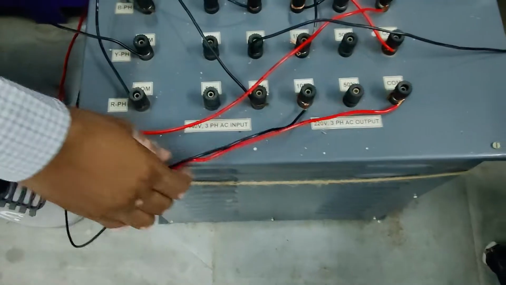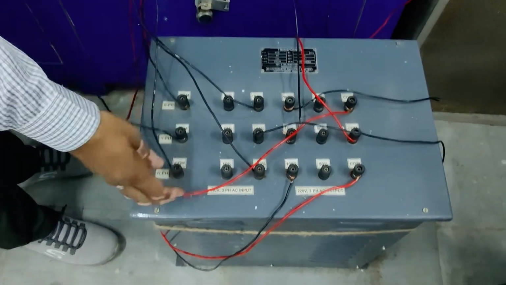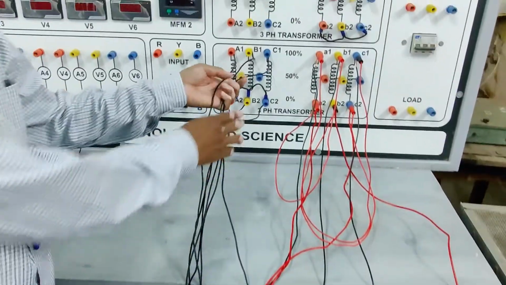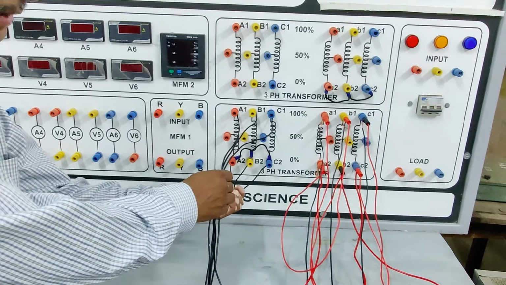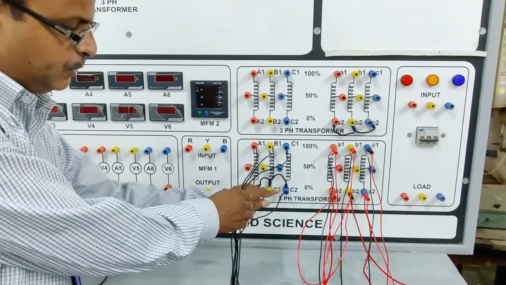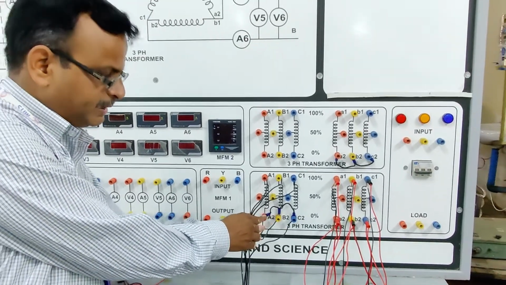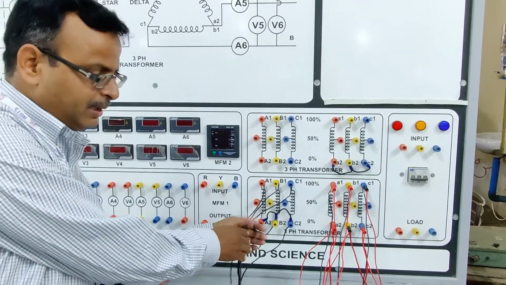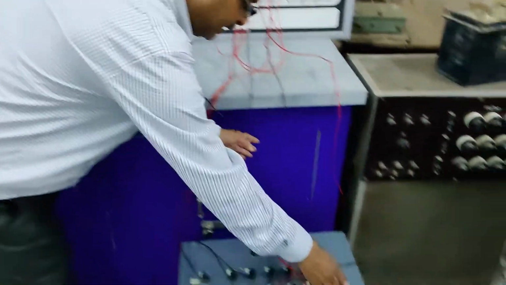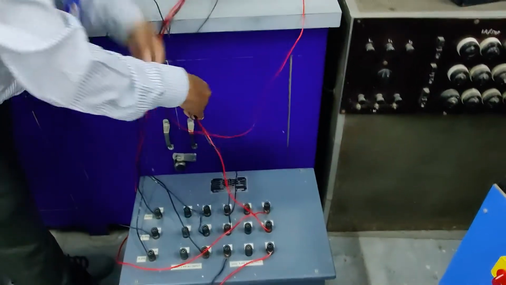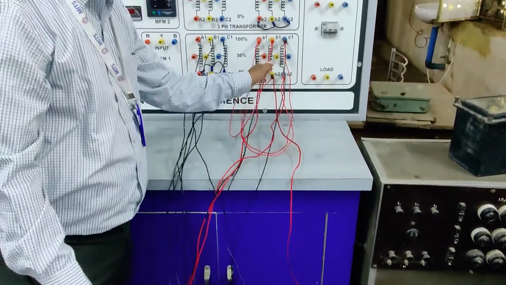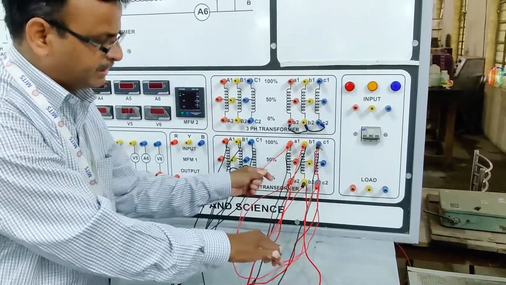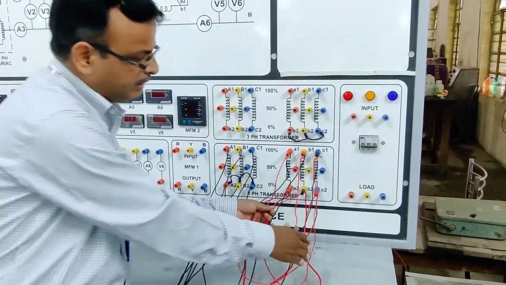Since this is a three-phase transformer, there are 6 terminals here. All these terminals we are taking onto this experimental panel. These 3 terminals are connected to each other, which will create a star connection. It means these are the terminals for the primary winding connections. Similarly, the secondary winding terminals are taken from this transformer onto this experimental panel, and these are connected in zigzag fashion, meaning delta connections. So this is already connected in delta.